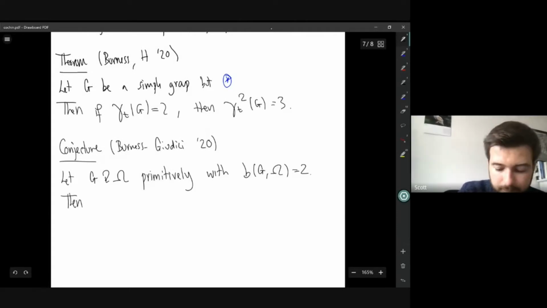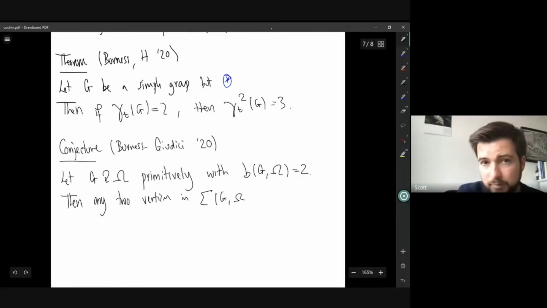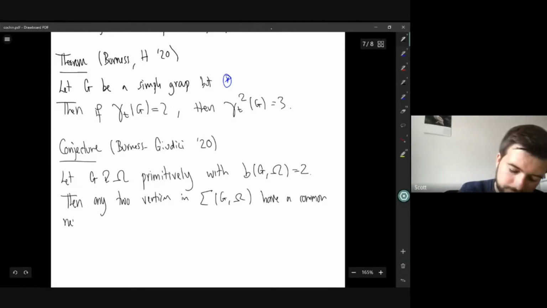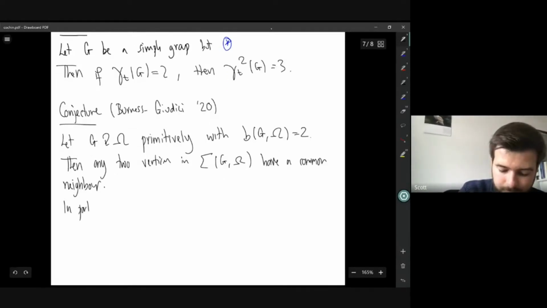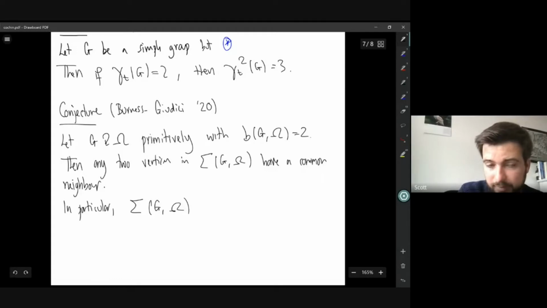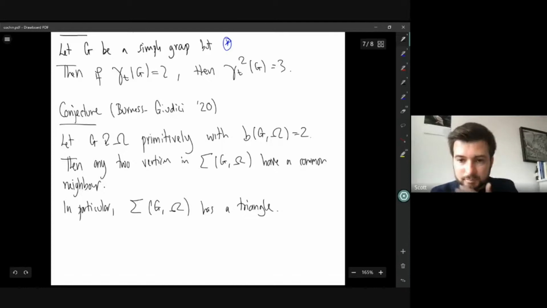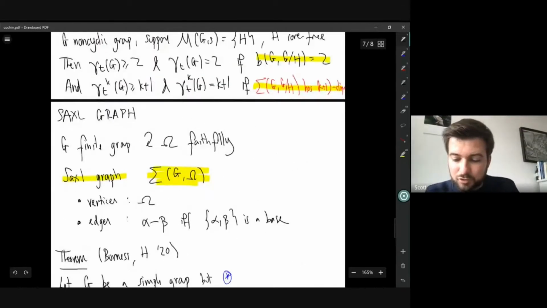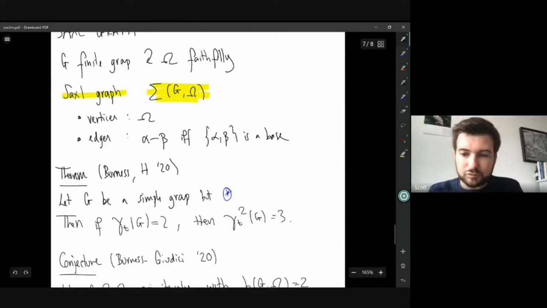Then any two vertices in the Saxo graph have a common neighbor, is the conjecture. So in particular, it would imply that the Saxo graph always has a triangle. If it's non-empty, it has a triangle, which, as I say, is the sort of phenomenon that's suggested by what's right at the top of the screen at the moment, and what we use to prove this result about domination